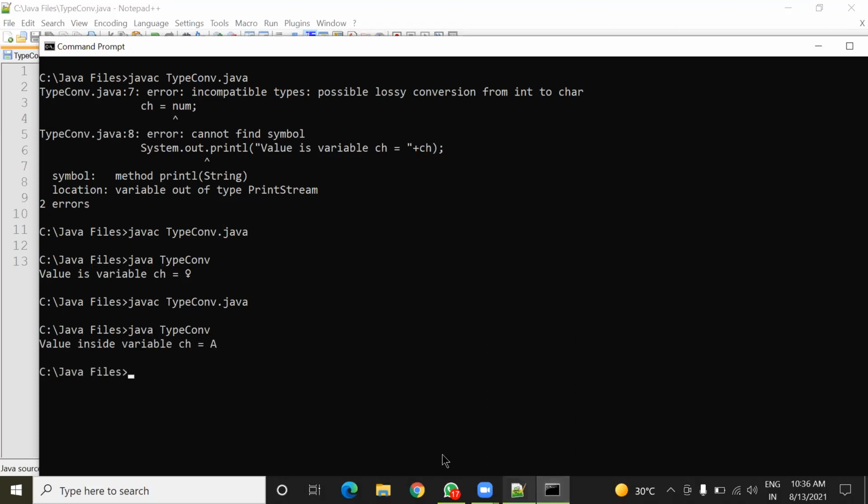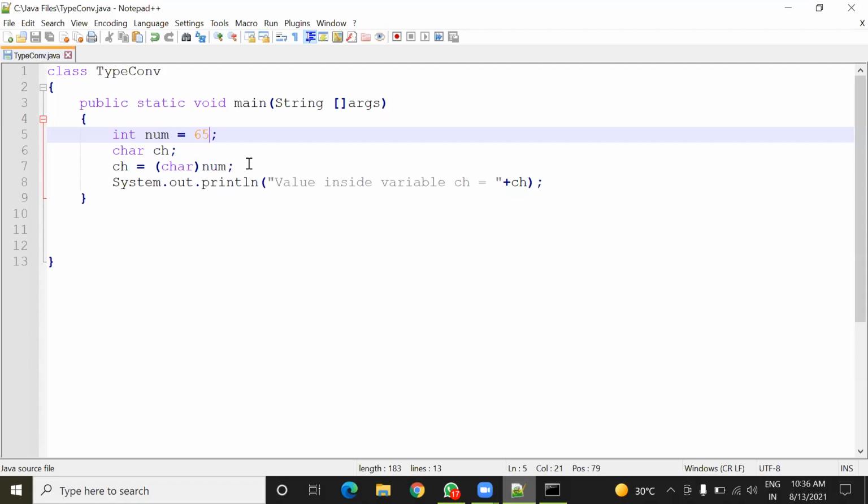Now you can see value inside variable ch equals to A. Why is it showing A? Because in Unicode, this 65 is equivalent to capital A. Okay. Now, if you want to show it as small a, you'll have to use the value 97.